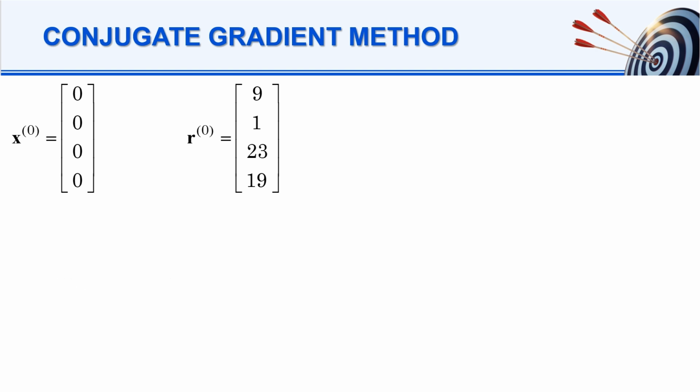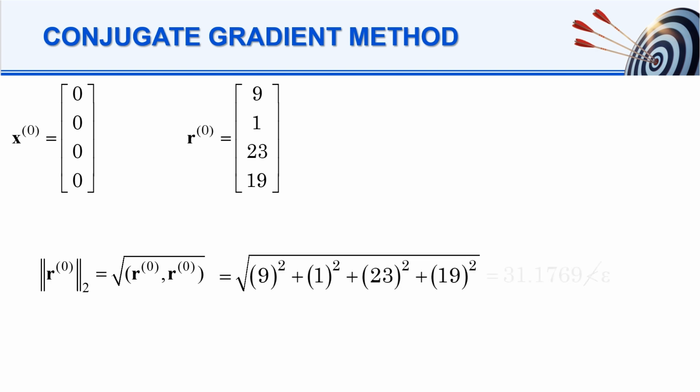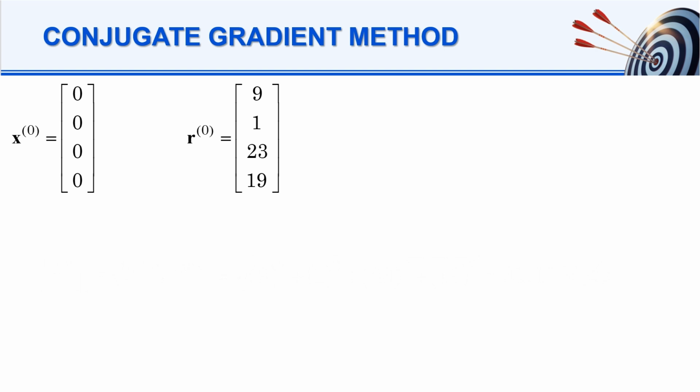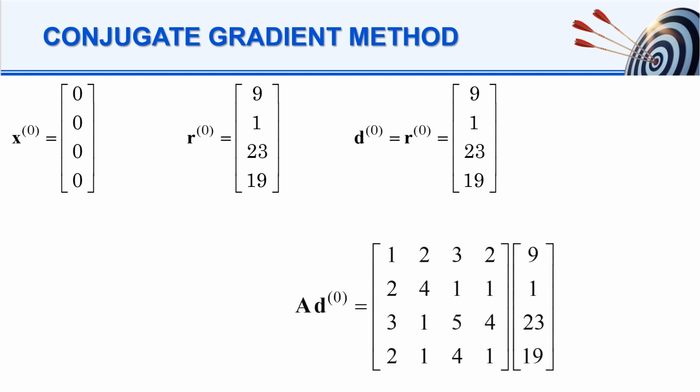The spectral norm of this residual vector is found to be 31.1769, which does not satisfy the convergence criterion. The search direction is initialized with the residual vector, which we will use to calculate the matrix A and vector d product, which yields